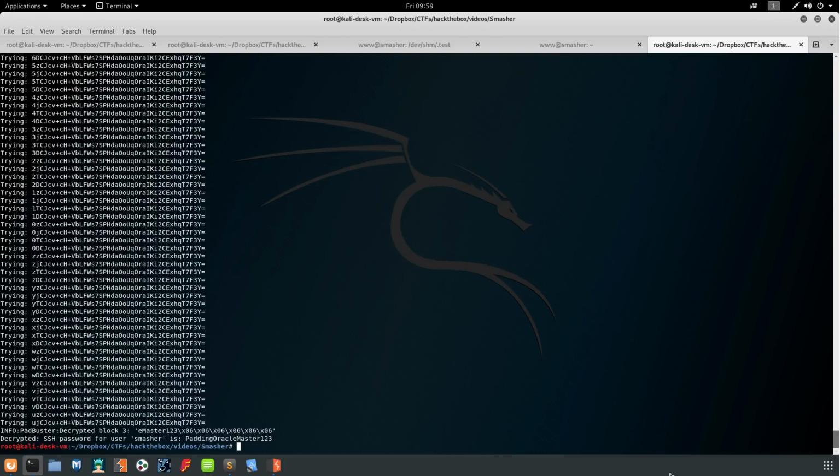And so it just finished decrypting the final block, and as we can see here, it decrypted to: SSH password for user Smasher is PaddingOracleMaster123. And so if we take this now,